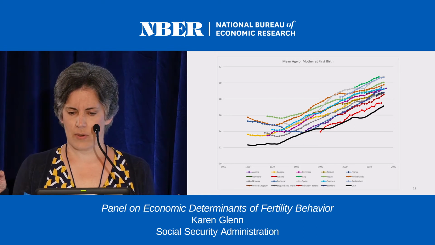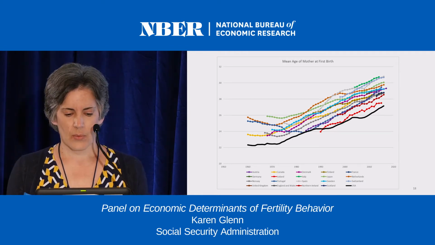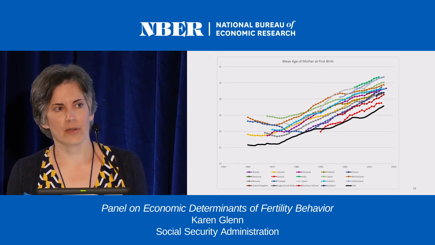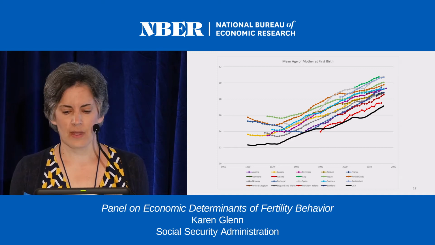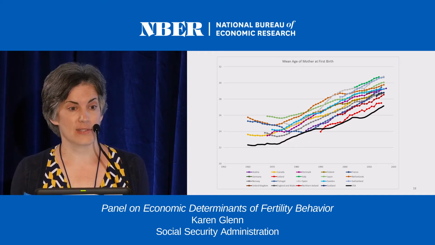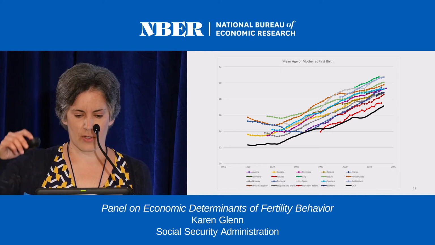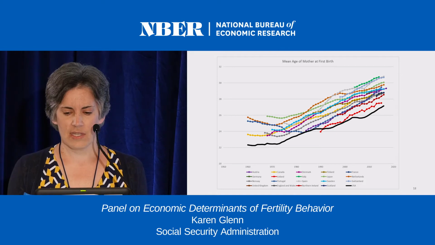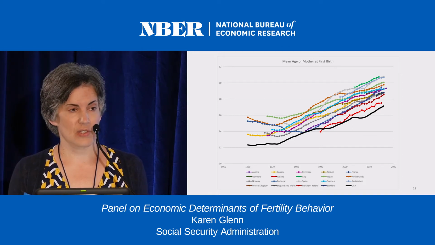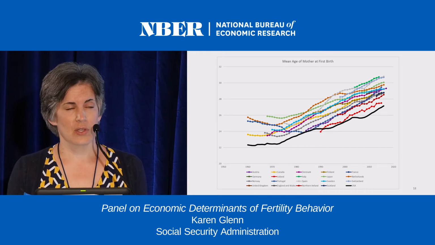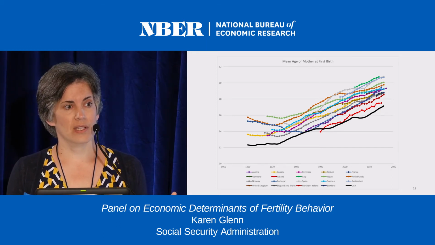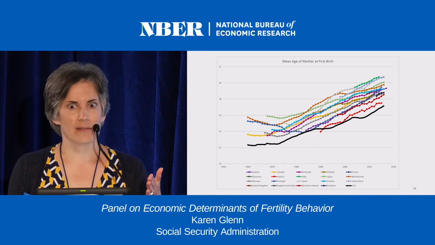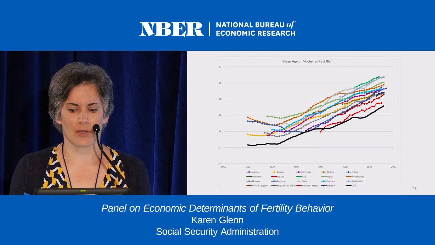I think we will just go over one more slide here. We looked at a bunch of countries and what is the mean age of the mother at her first birth. The black line at the very bottom is the US. Bunch of other comparable countries, mostly OECD, are above. What you can see is that the US mean age is well below these other countries. So if some of what's going on is really women beginning to delay their births, they've got a lot of room to do that. You can see that based on what's going on in these other countries.